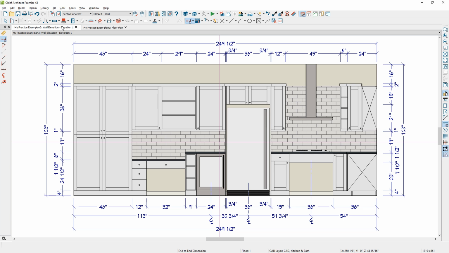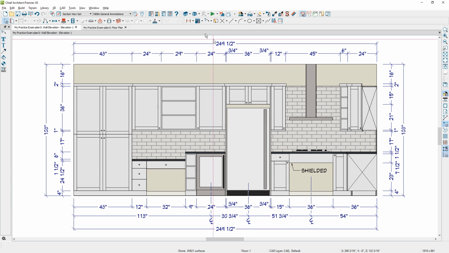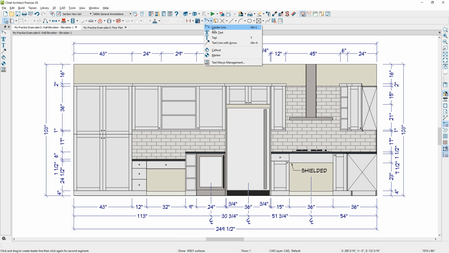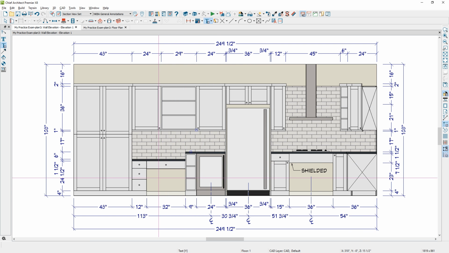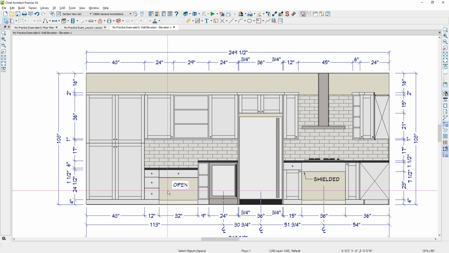One final thing in the elevation, I'm going to use my text with arrow tool. I'm going to make a note here that this needs to be a shielded cooktop. So we'll just put in that text here. And then I'm also going to use just the regular text tool with no line, and over here maybe type in the word open. So it's obvious that that is open. You can see the text color is